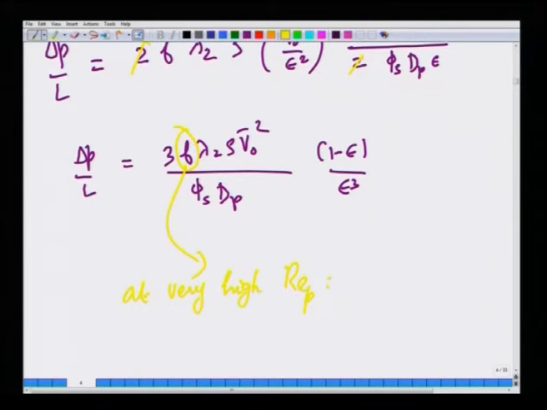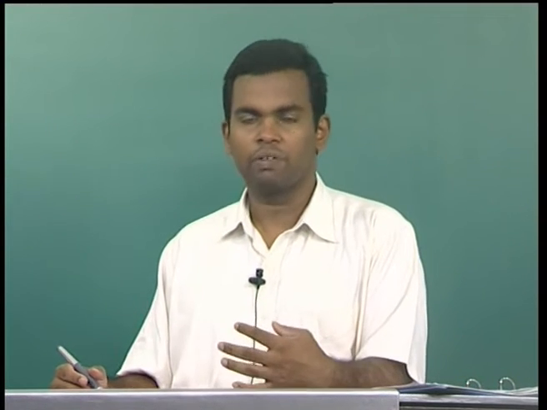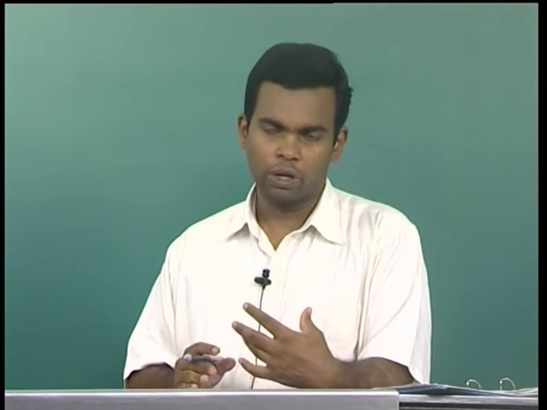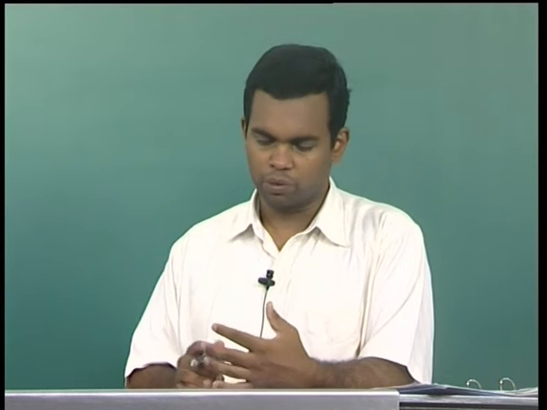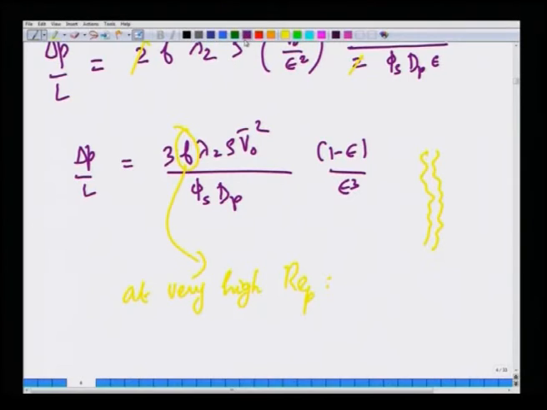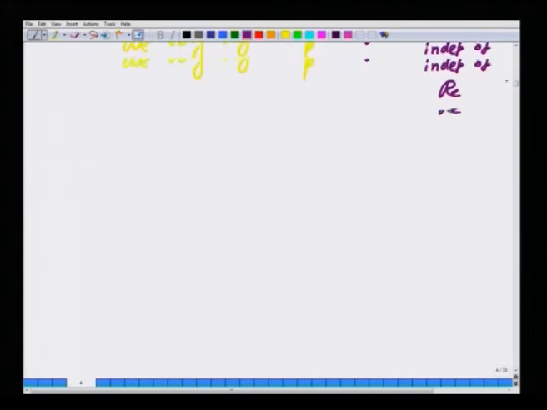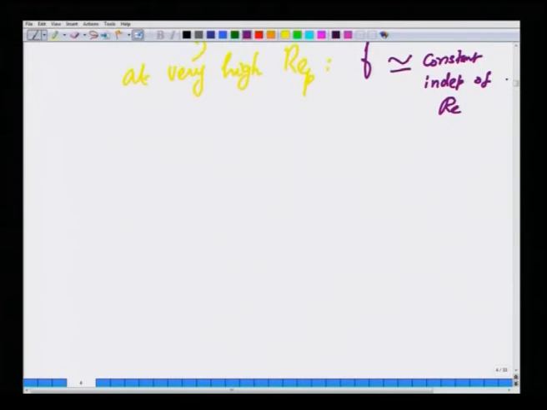Now, the flow is turbulent, and if you look at the real bed, the tubes, so to speak, are very rough through which the fluid is flowing. When the tubes are very rough, the friction factor for flow in a rough tube becomes independent of Reynolds number in a turbulent flow. So, the friction factor becomes approximately a constant, independent of Reynolds number Re. So, I am going to use that input from flow through rough tubes, okay, and we will get delta